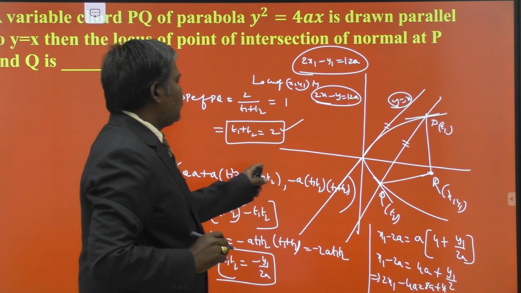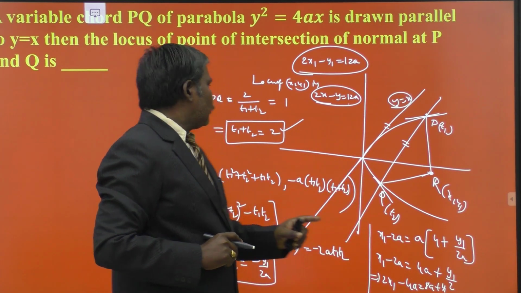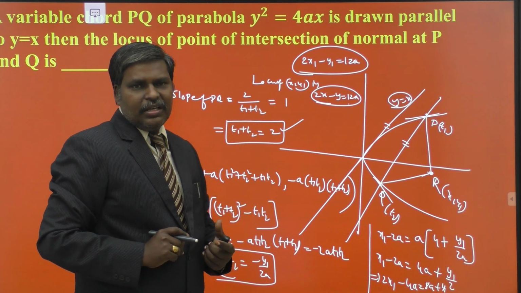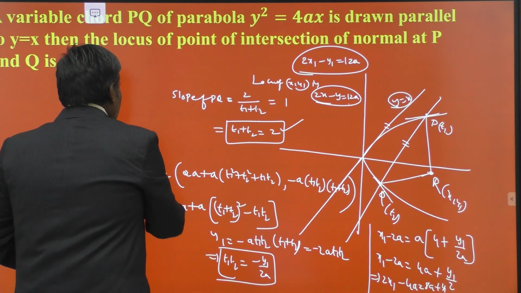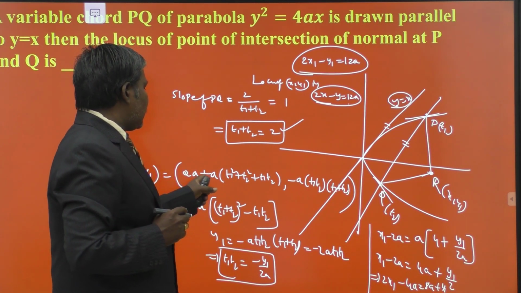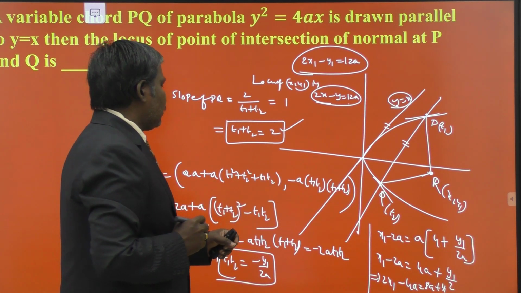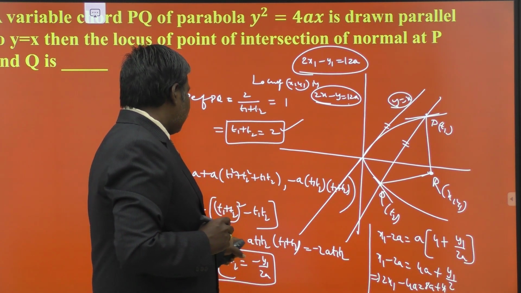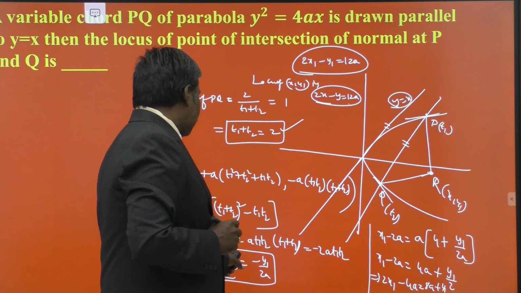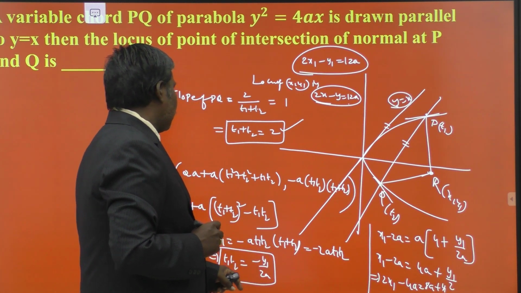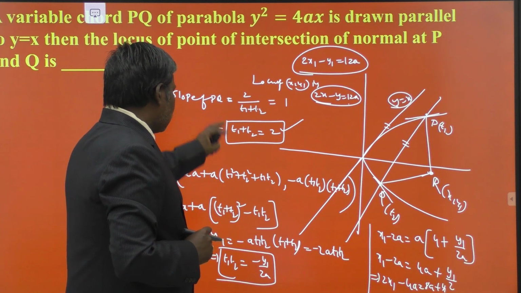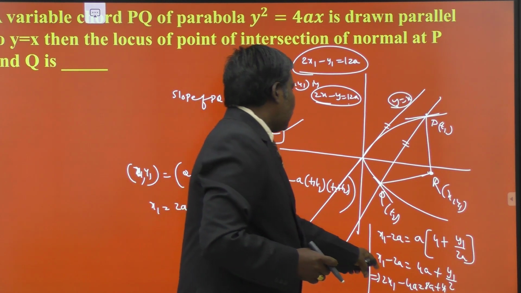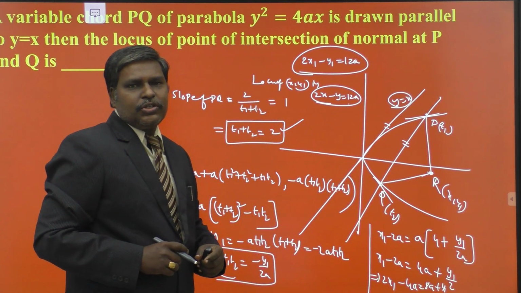So the only concept is you have to equate their slopes. We obtain the condition t1 plus t2 is equal to 2. Also you have to remember the point of intersection of the normals at t1 and t2. x1 comma y1 is nothing but 2a plus a times (t1 square plus t2 square plus t1 t2) comma minus a times t1 t2 into (t1 plus t2). t1 plus t2 is 2 here. From the y coordinate we find t1 t2 as minus y1 by 2a. Substituting both values in the x coordinate, we eliminate t1 and t2, and then we obtain the locus as 2x minus y is equal to 12a.